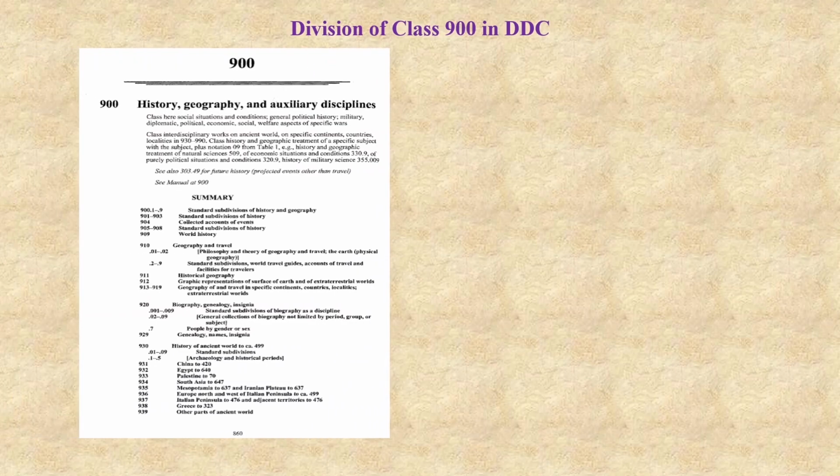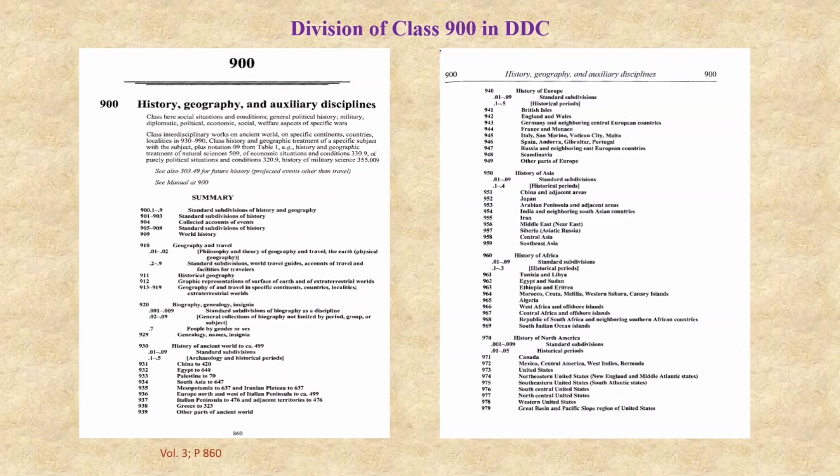So here is a screenshot from the schedule of the class 900 and its divisions and subdivisions, for better understanding for the learners, from page number 861 of volume 3. Now we see the details of the class 900 to 940. Now we will see